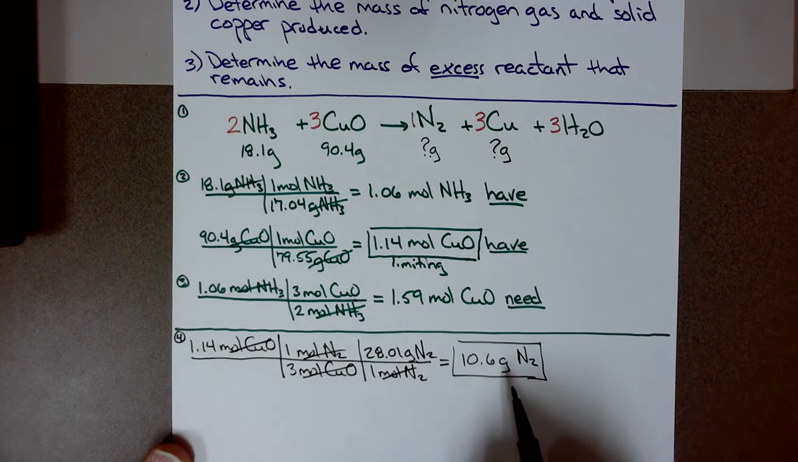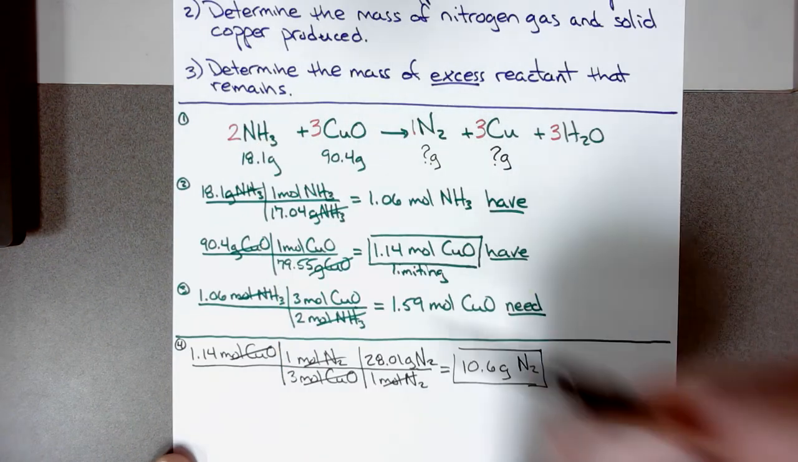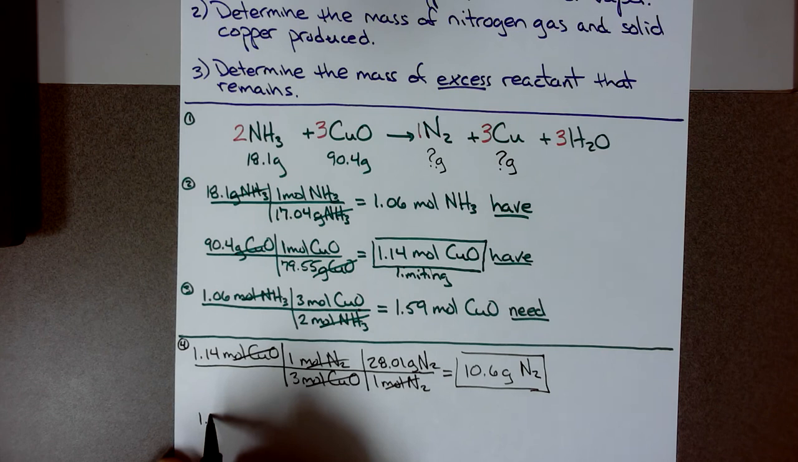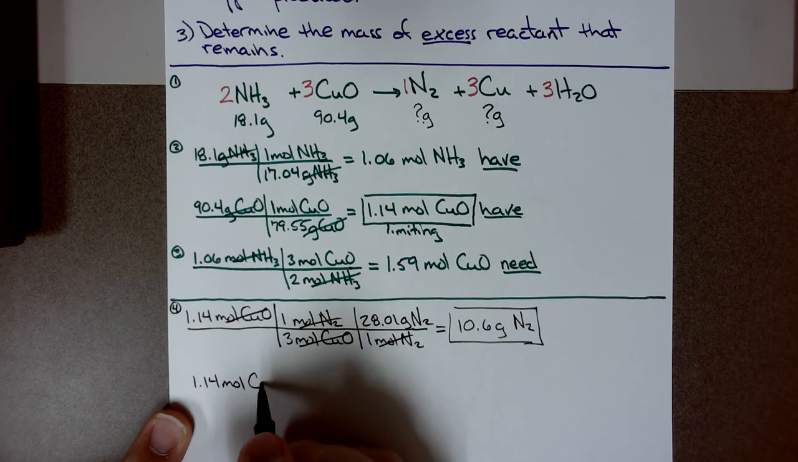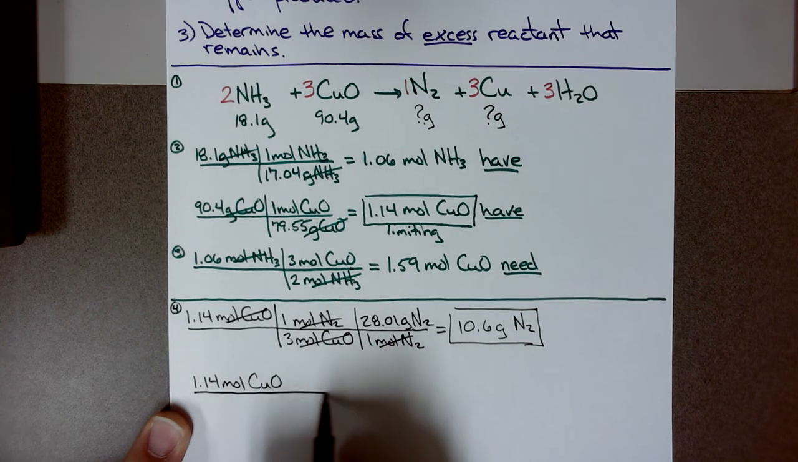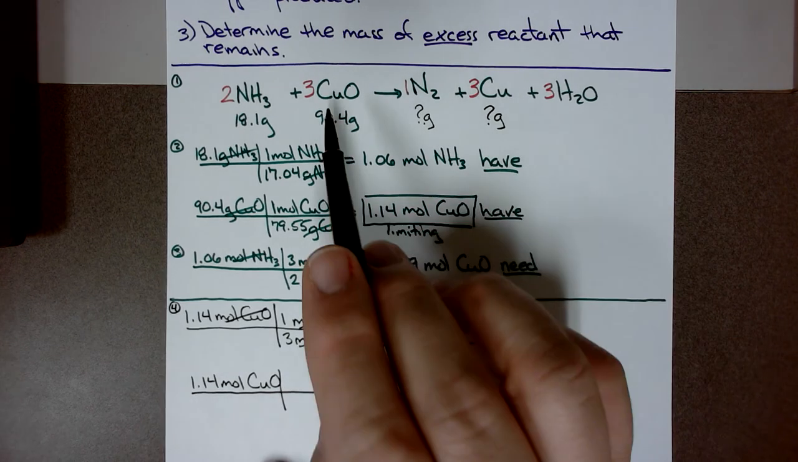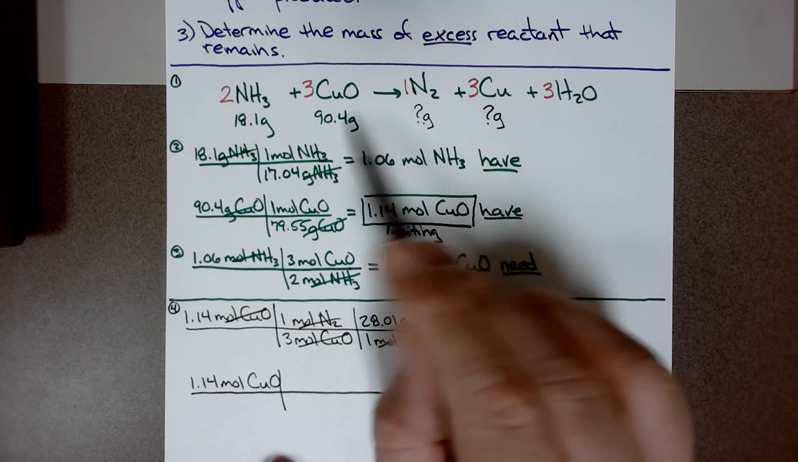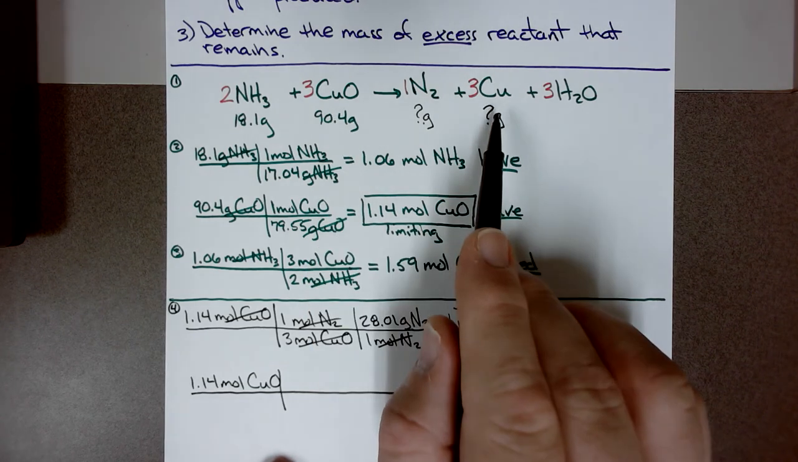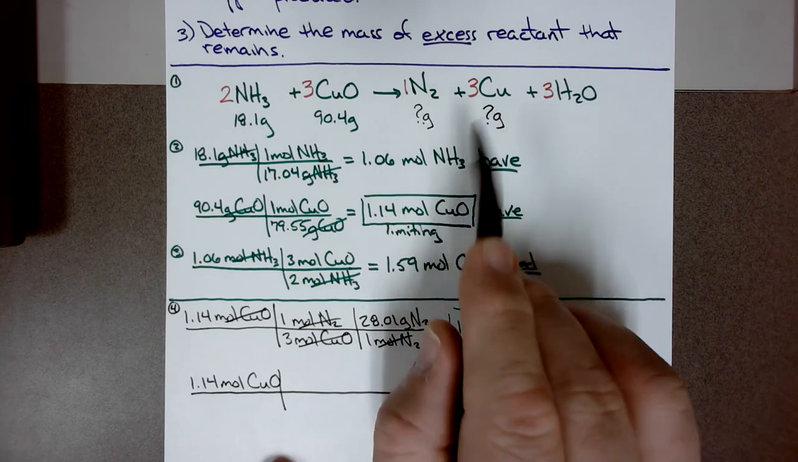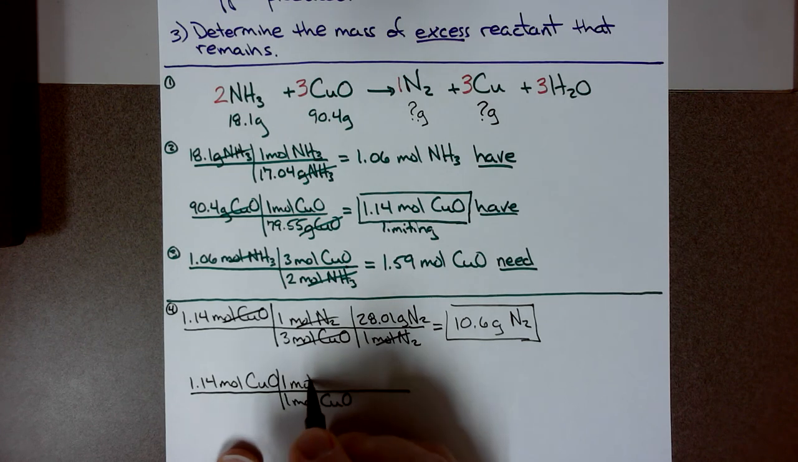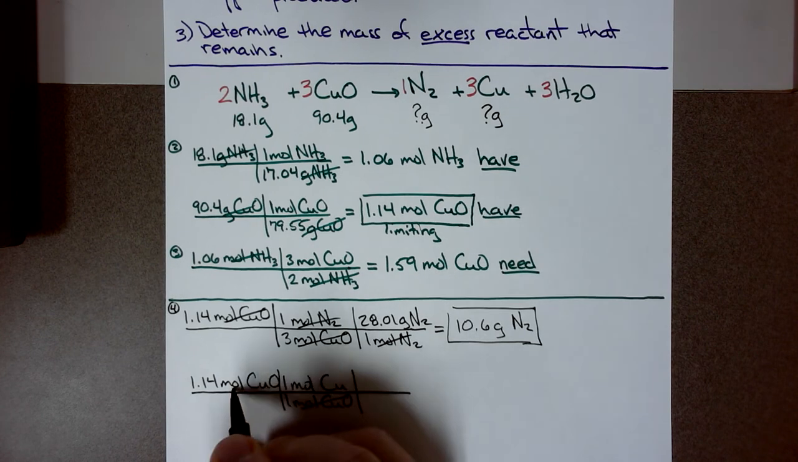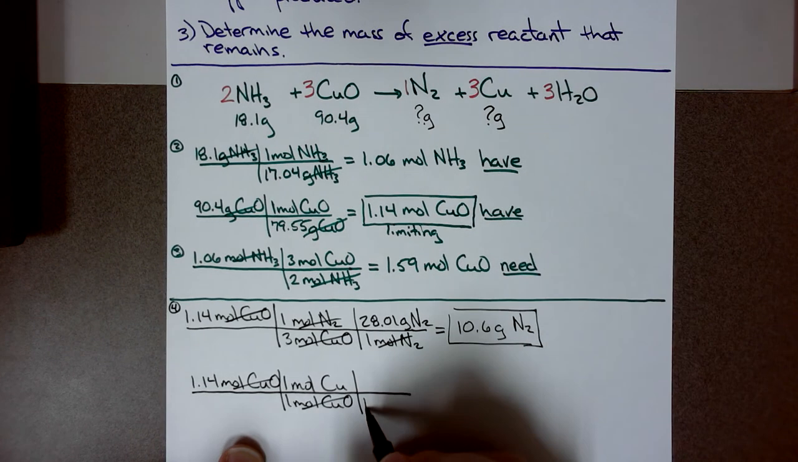And then next, we need to find out the amount of copper produced. Again, I'm going to start with my limiting reactant amount, which I put a square around so I don't lose track. That's 1.14 moles of copper(II) oxide. I'm going to do a mole ratio of copper(II) oxide to copper in this case, because I'm going from this limiting reactant to the mass of this one. It's a 3:3 ratio, which can be reduced to 1 mole of copper(II) oxide for every 1 mole of copper produced. Cancel. Now I want grams, so